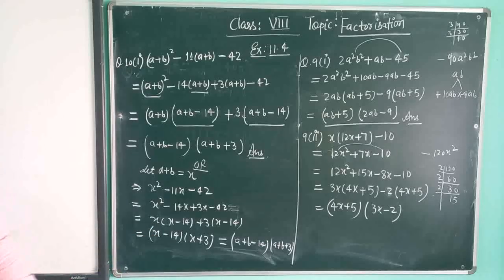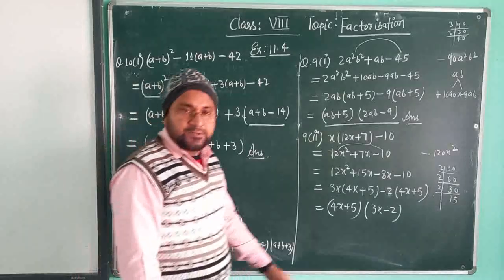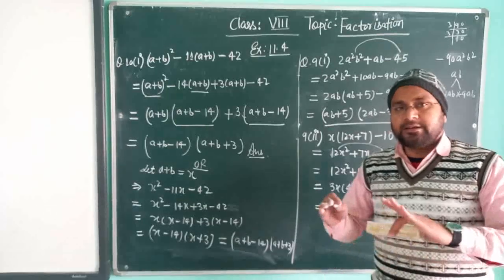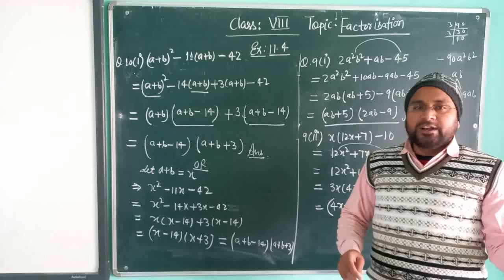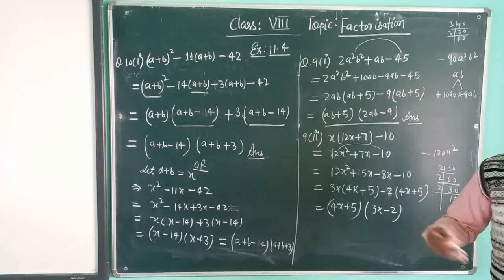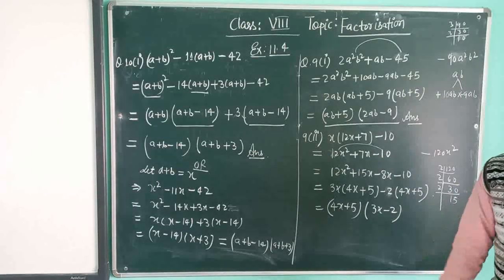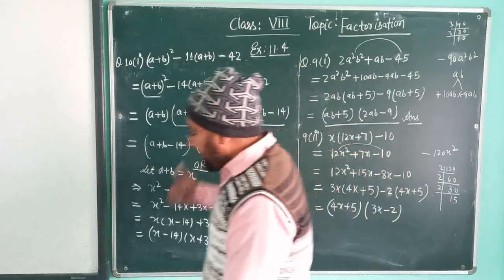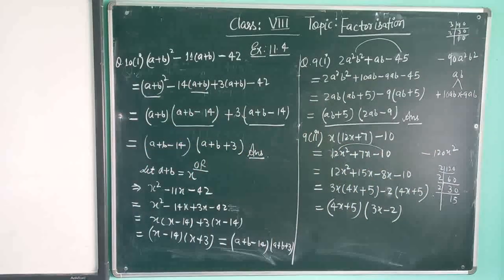Now I want to discuss 2 or 3 questions of 11.5, which is based on a division, and all the questions of 11.5 are very easy. It is based on a division, but that division is not an actual division method. Factorize the numerator, and then from the denominator you can cancel out, and then easily you will get your solution. Okay, so complete this one, and after that I am going to discuss a few questions of 11.5.